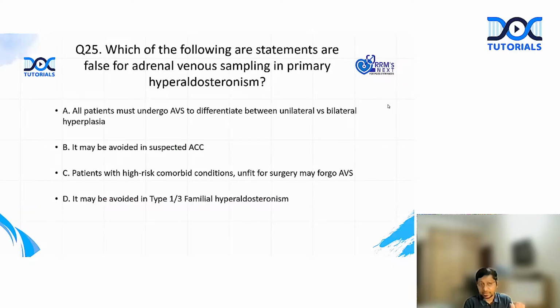So the correct answer here is all patients must undergo AVS. We don't recommend universal adrenal venous sampling. Again, there are various people in the world who follow different protocols. There are some people who still do adrenal venous sampling for all patients, irrespective of their age and so on. But we adopt a selective approach. Most commonly in the world, what is adopted is selective adrenal venous sampling to differentiate between unilateral or bilateral